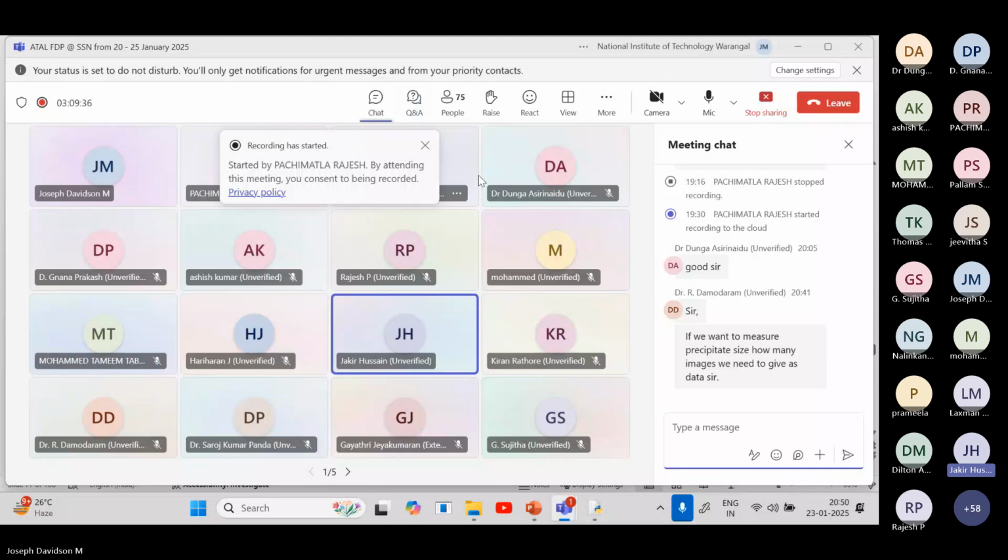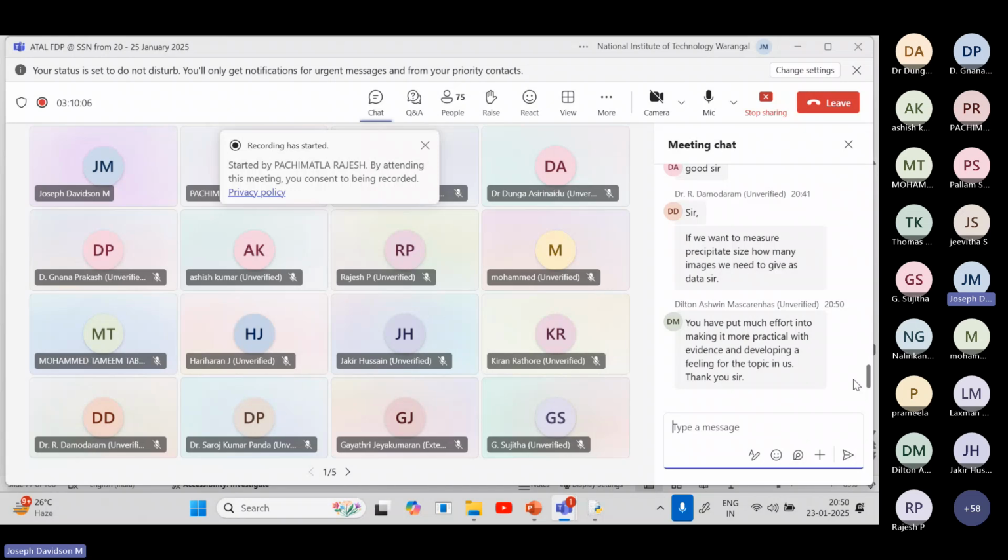If you want to measure precipitate size, the algorithm can't differentiate between a precipitate and others, right? It only sees the magnitude or intensity of that particular object. If you know this precipitate will be of this size, then you give a particular color coding to that after it is filled. If after eroding, dilation and filling you give a particular color coding, we can measure. Obviously, we can measure.